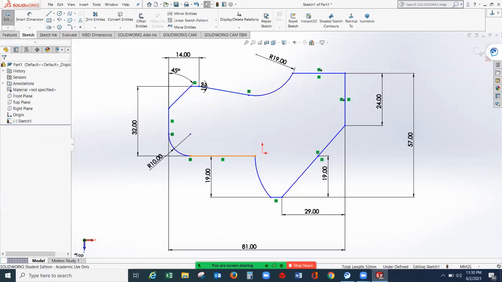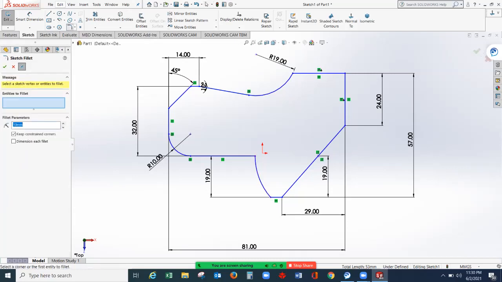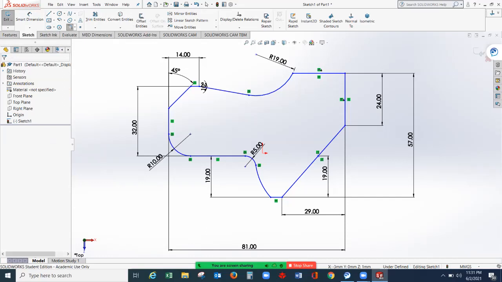Now there is one more portion here that we can add. So here at this portion, we can apply this sketch fillet. So select sketch fillet, select this vertex and assign the fillet radius to be 5 millimeters. So press enter, select this green check mark, and that's it. Now from here, we can add some geometry inside wherein we can apply some straight slot, center point straight slot. Select this green check mark.